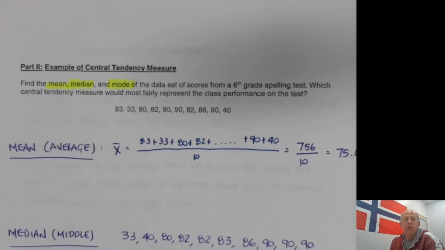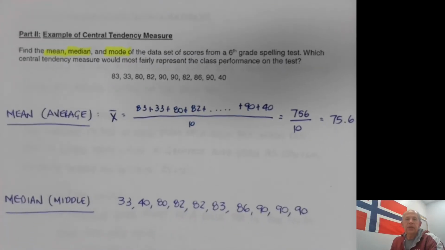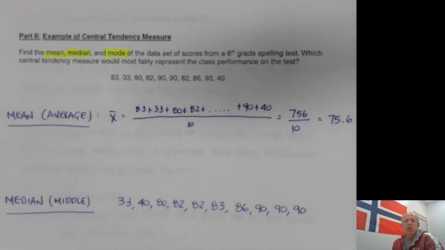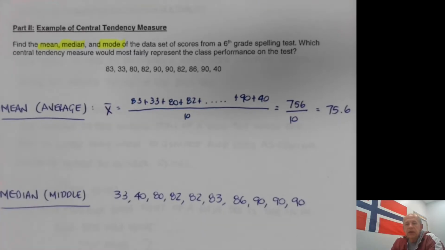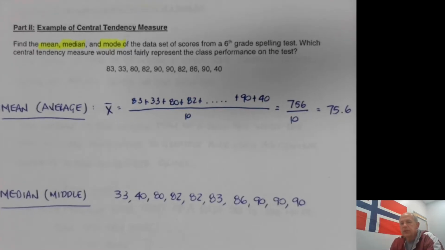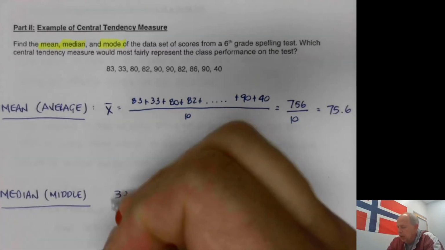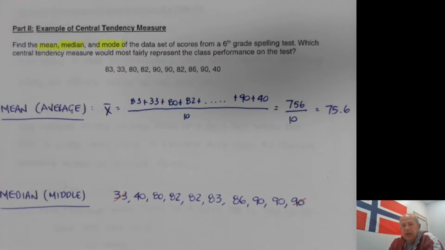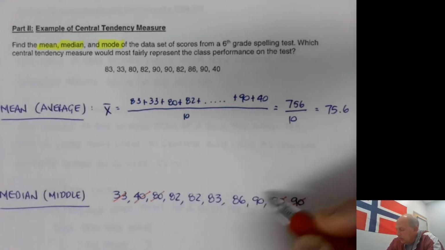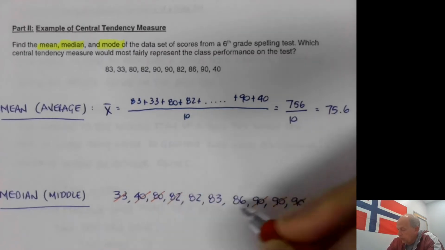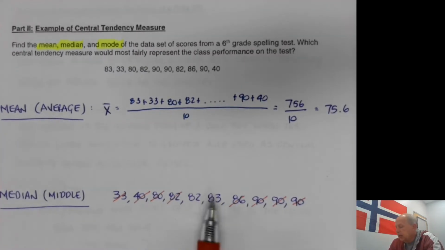Now, let's take a look at the median, or the middle term, right below it, the second central tendency measure that we have. We have all of the test scores lined up from least to greatest. 33 was my lowest score, 90 was my highest score, and to get my median I'm going to physically work my way to the center of the data. So 33 and 90, my highest and lowest, are eliminated. Second highest, second lowest are eliminated. Third highest, third lowest. Fourth highest, fourth lowest, and you can see we're right here in the center of the